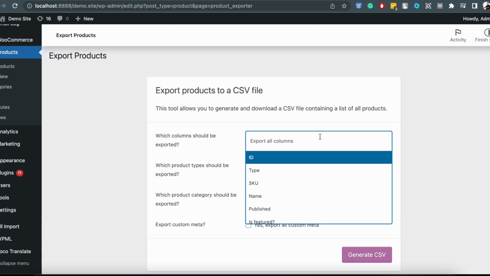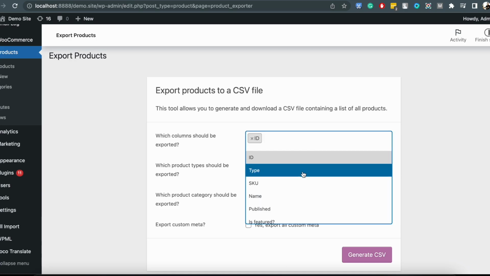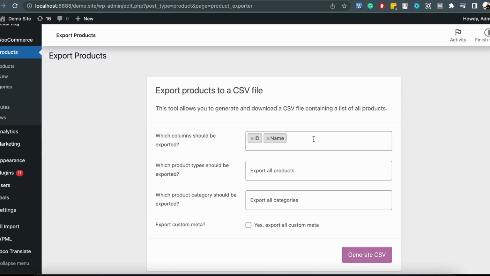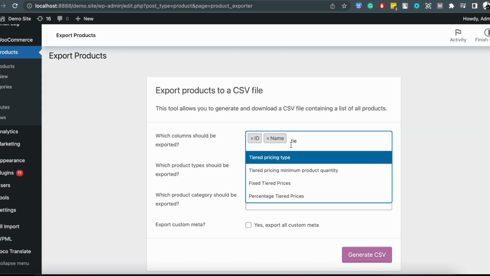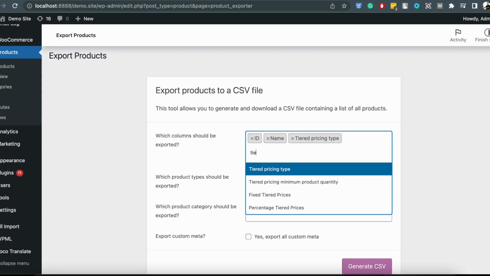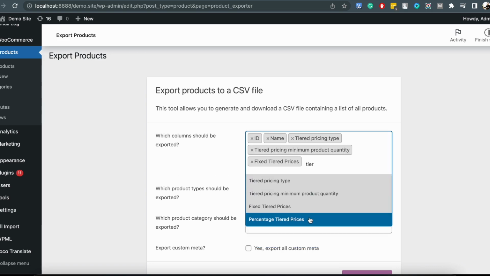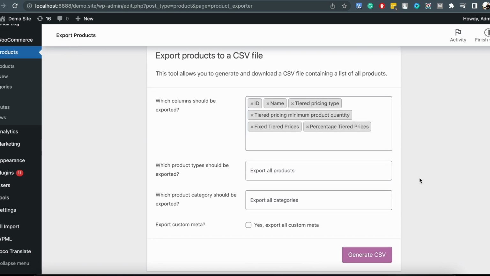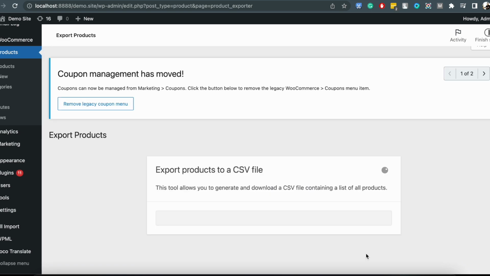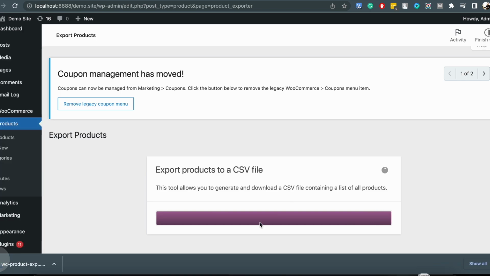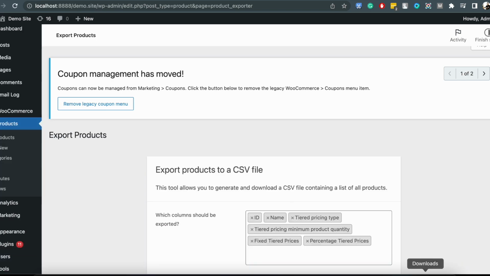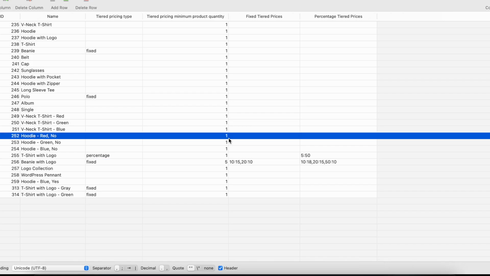Another vital feature of our plugin is import-export. We work with the regular WooCommerce tool and with WP All Import as well. Let's start with CSV export. We have 4 additional tier pricing fields: the tier pricing type, tier pricing minimum product quantity, fixed prices, and percentage discount. When we export our products, you can see in the CSV we have only 2 products here with set